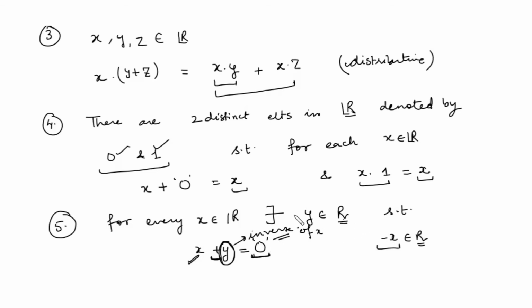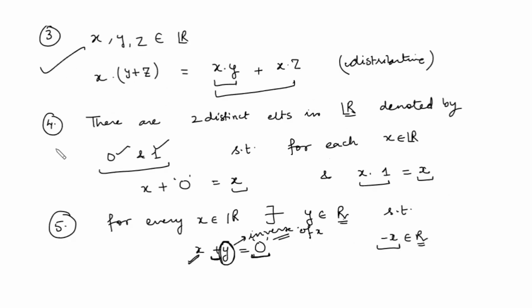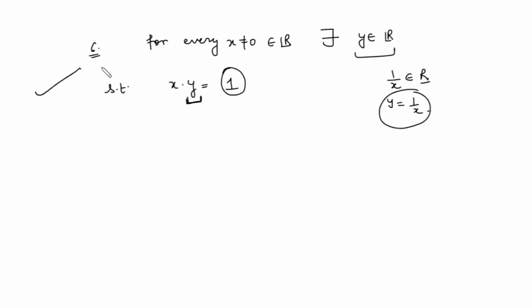Okay, so since set of real numbers satisfy all the properties, that it is commutative, associative, identity, distributive, right, and inverse exist with respect to addition as well as multiplication. So therefore your set of real numbers together with the two operations addition and multiplication is a field,